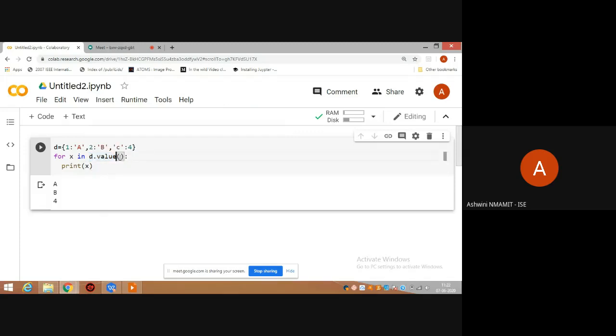If I give D dot items, what does it give? Let us check. It gives me a tuple: 1, A, 2, B and C, 4. I can also retrieve a key value pair with this format.